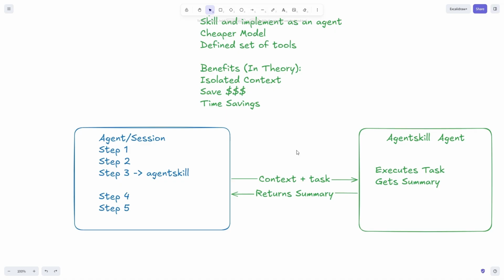So whenever a pipeline fails, we have an agent that can go and investigate that, pull the logs for the pipelines. It knows some specifics about our pipelines and where to find logs and different Azure resources and things like that. And then it can return that summary back to the agent or the session that's probably trying to fix that pipeline. So if the parent agent is trying to fix that pipeline, but it doesn't need to necessarily know anything other than the RCA or the root cause to fix that pipeline,